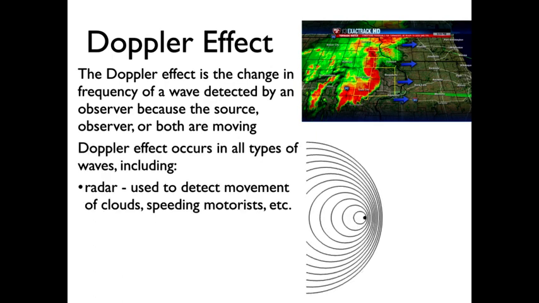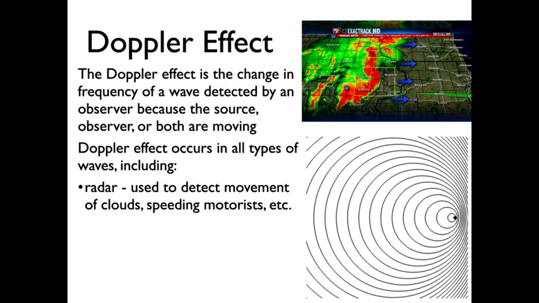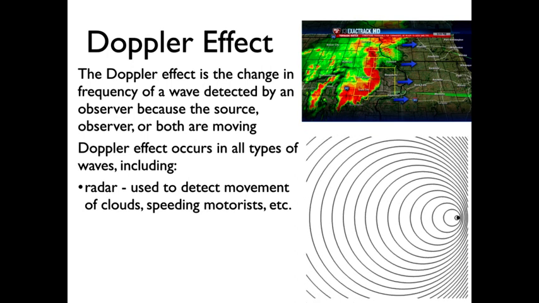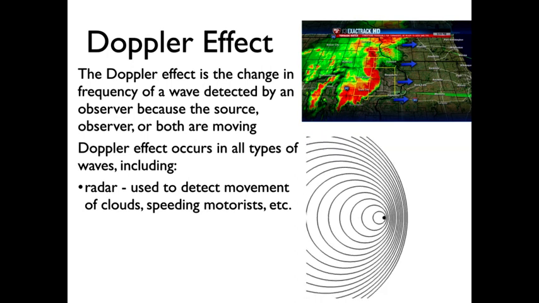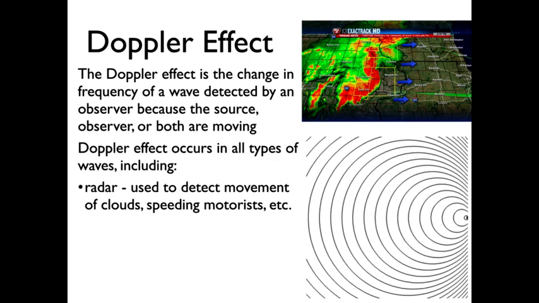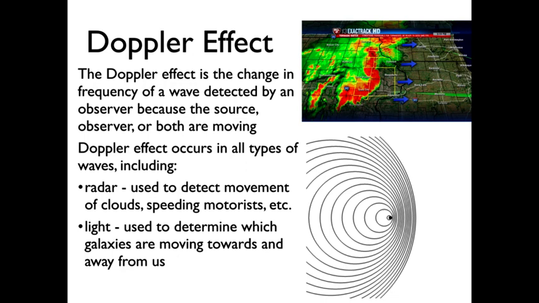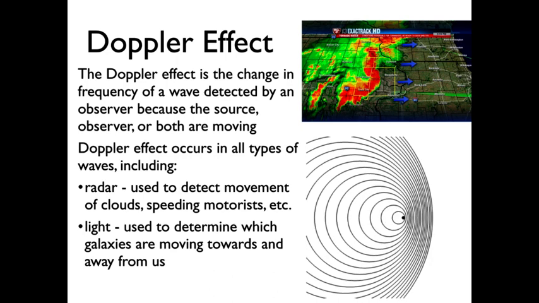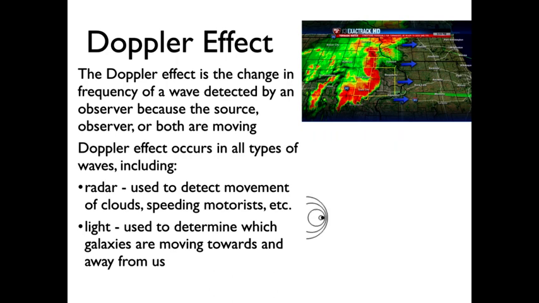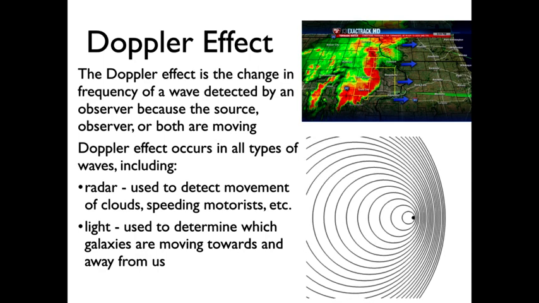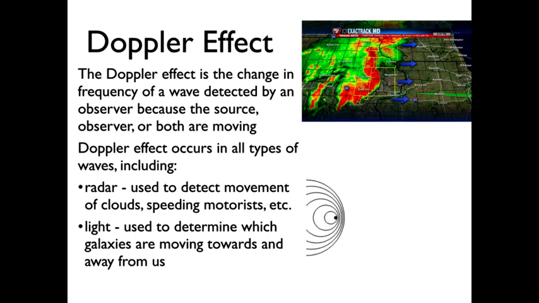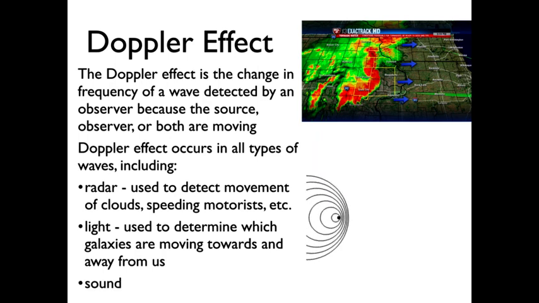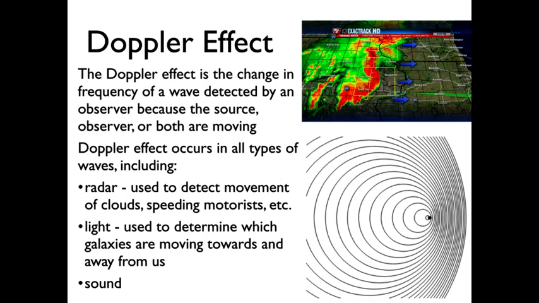It's used in radar. If you've ever been on the receiving end of a speeding ticket and it says that you were measured by radar, the police officer used the Doppler effect to determine what speed you were going. The Doppler effect occurs in light as well, and so astronomers use this to figure out which galaxies are moving towards us and which galaxies are moving away from us. Again, it's a little bit different than what we're going to talk about in these slides when you're talking about the Doppler effect of light, because light travels the same speed regardless of the reference frame of the observer. And sound as well,